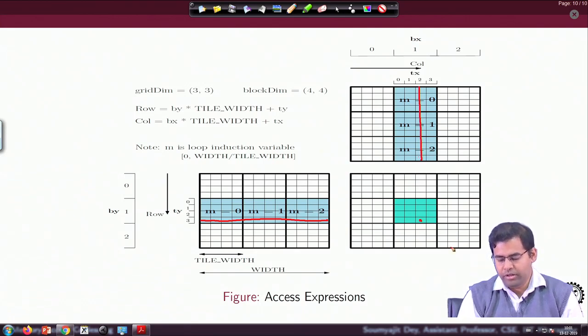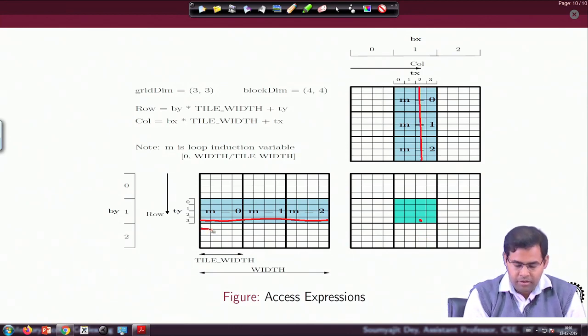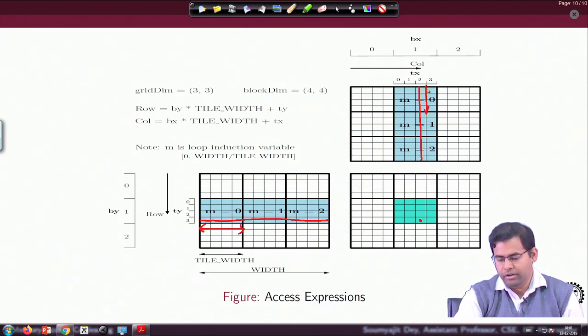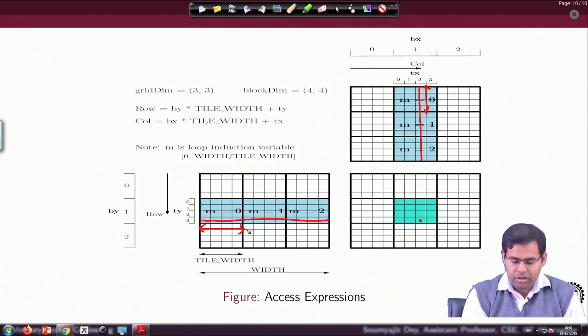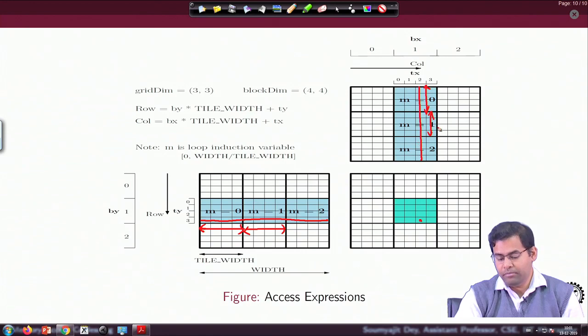What I am really doing is phasing this multiply add into three parts. In the first part, I load things from here and things from here and do the multiply add. In the second part of the computation, I will load things from here and things from here and then do the multiply add.